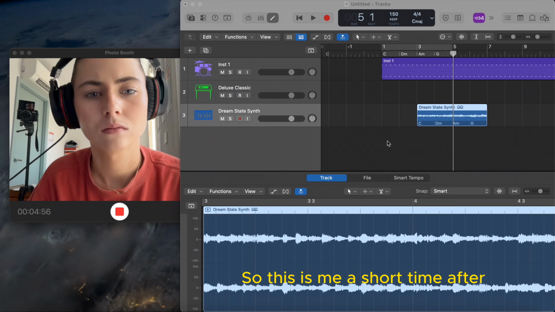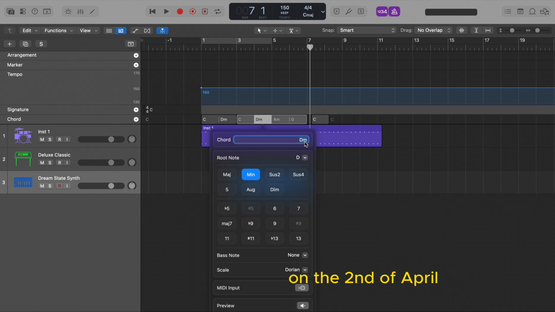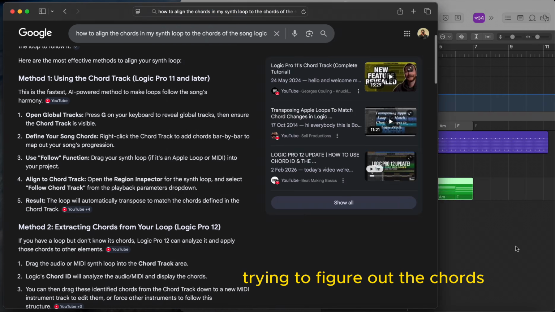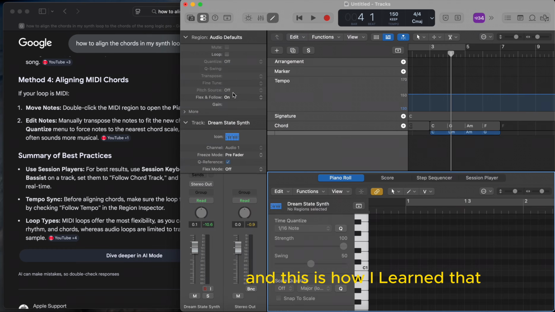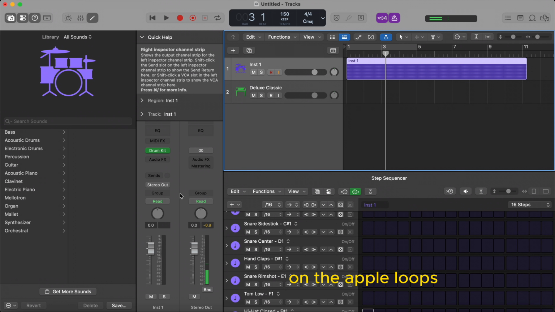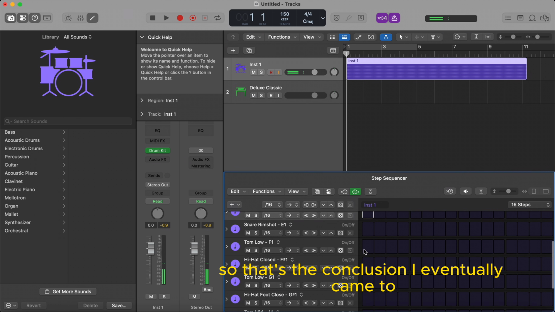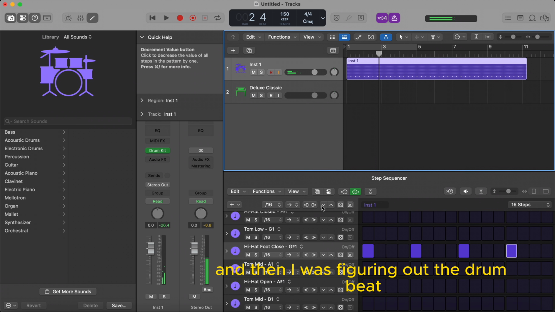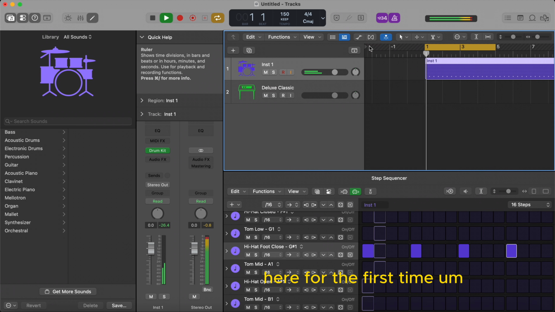This is me a short time after, on the 2nd of April, trying to figure out the chords, and this is how I learned that you can't change the chords on the Apple loops. So that's the conclusion I eventually came to, and then I was figuring out the drum beat here for the first time,